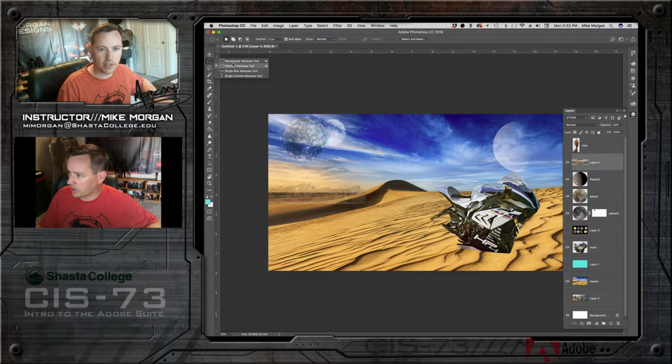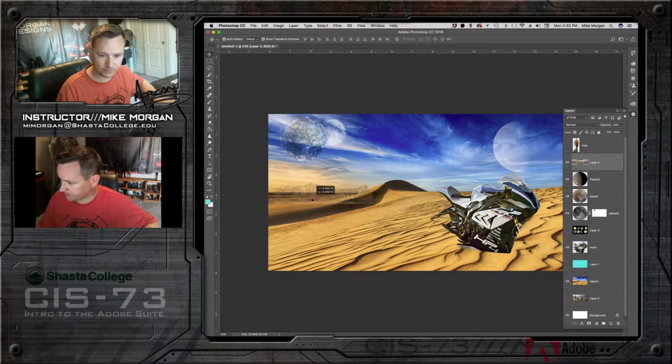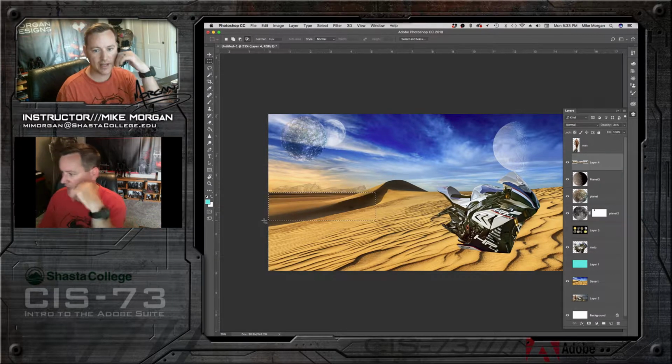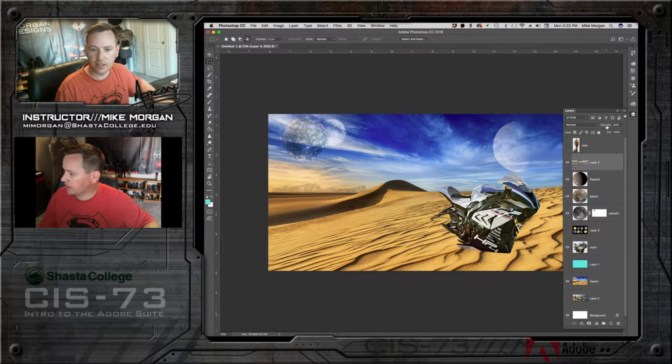I'm going to take the rectangular marquee tool and actually I want to try something and show you guys something. I want to erase this bottom part of the rock like that, but I probably don't want so hard of an erase mark. So you can feather it. I just hit undo. You can feather it up here, meaning when it deletes the area, it'll have like a fade. So if I set this to 10 and then I hit delete,